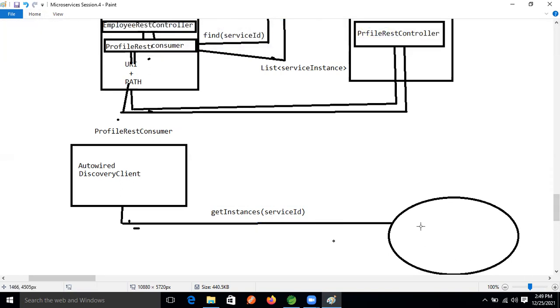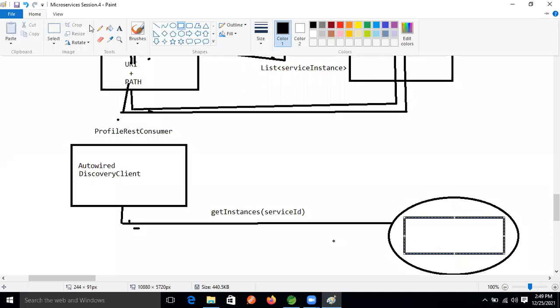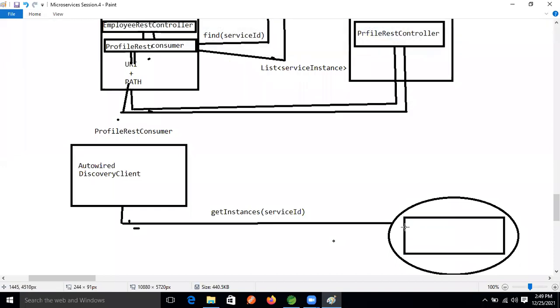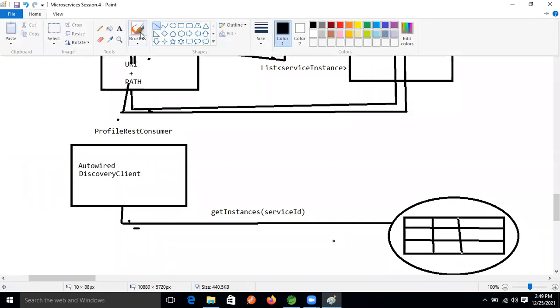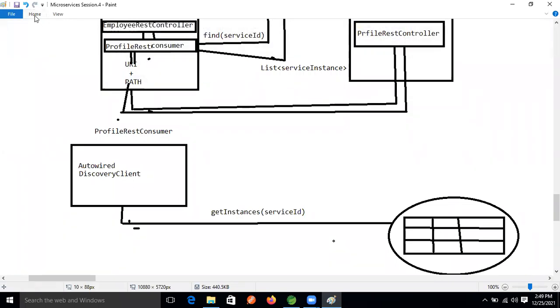In the registry server, in the registry memory, multiple instances will be there, guys. Don't think only one, because here we are just learning. In real time, can you assume only one microservice will be there? No, multiple microservices will be there. So from the Eureka server, multiple data will be there.